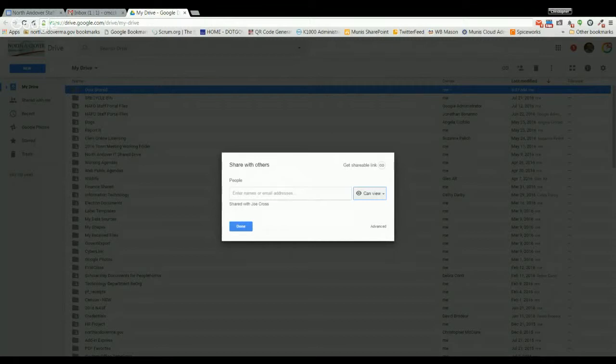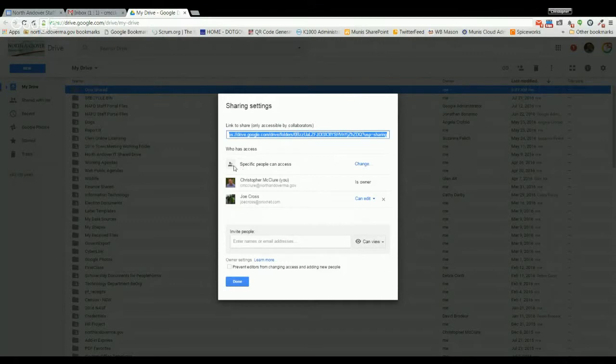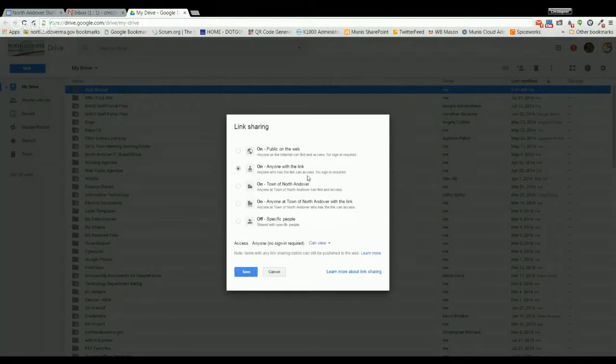So either a town or school user here in North Andover, someone with a Gmail account, or someone in another town or organization who uses Google Apps, in order to invite somebody by name. If I go under Advanced, this is also where I can change this from specific people can access to basically anyone with a link